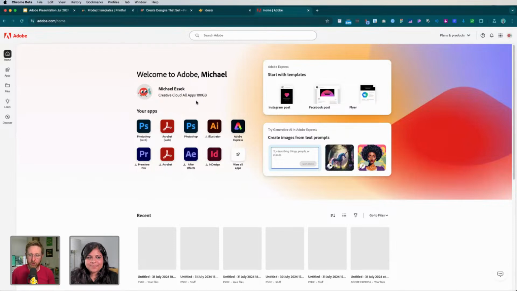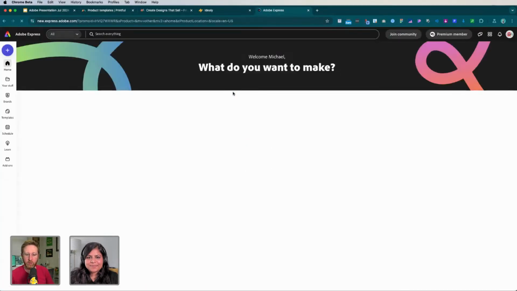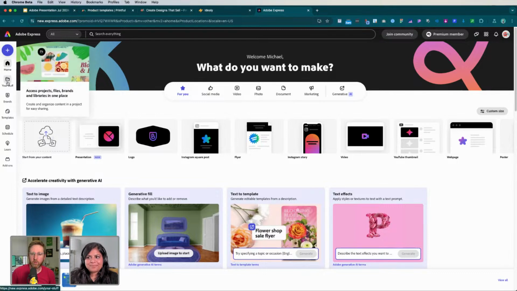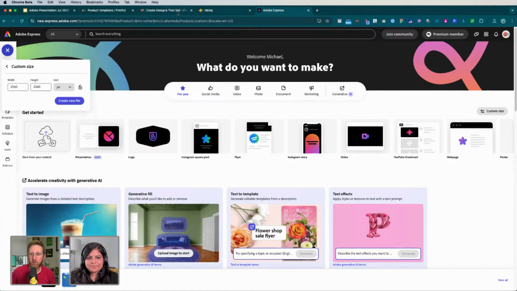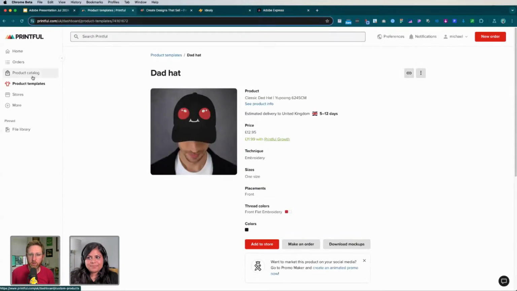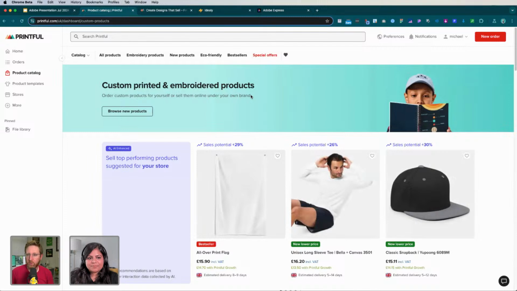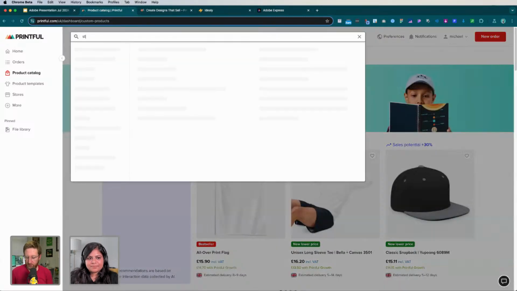So for the sticker sheet, essentially what you do is the sticker has a kind of background, of course, and then you just put the individual stickers that you want on top. If we do a custom size here, I just need to find from Printful the actual sticker size. So let's look for sticker sheet.